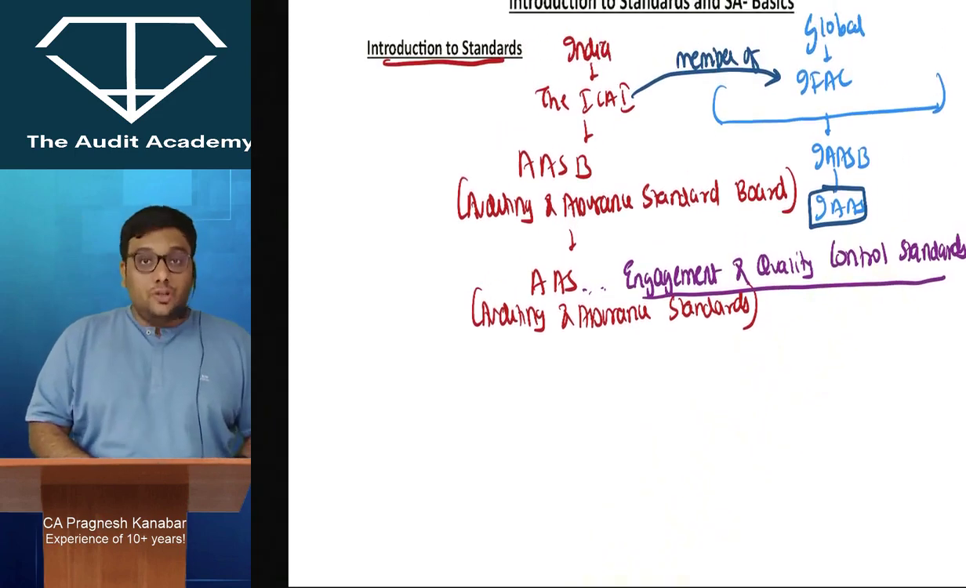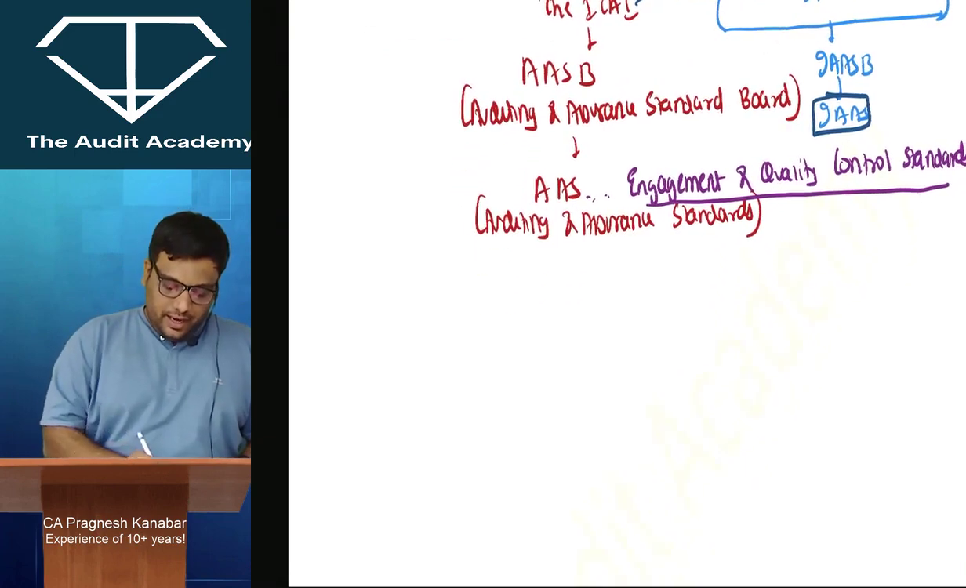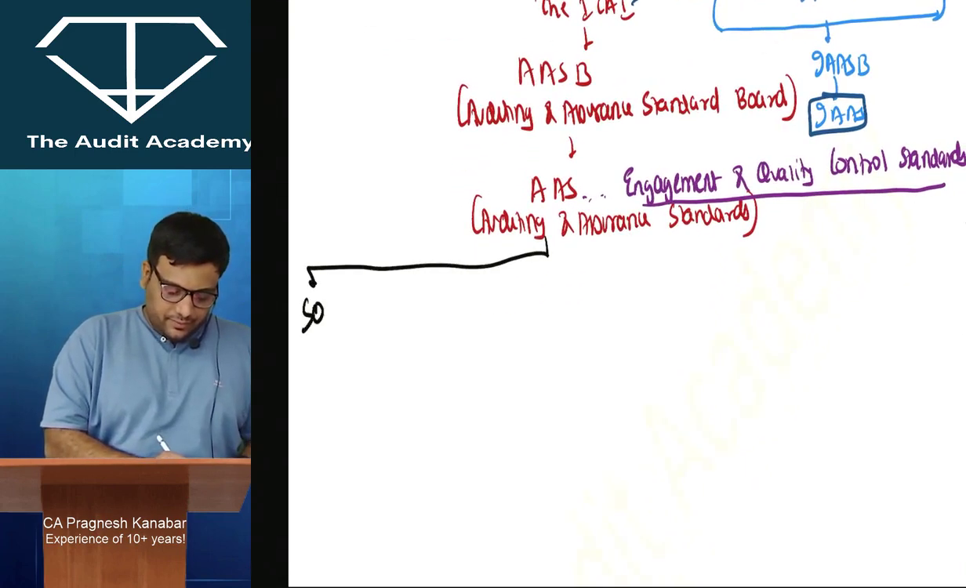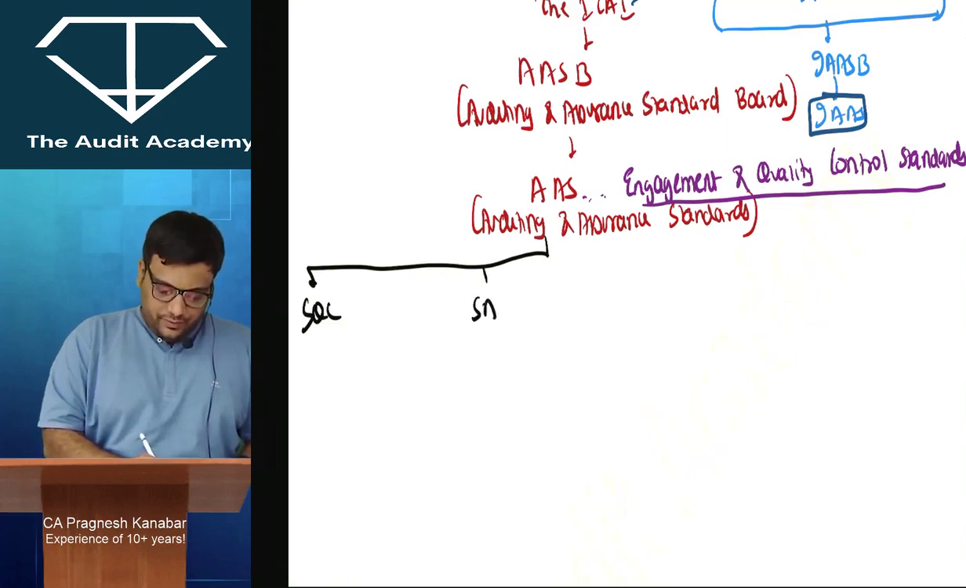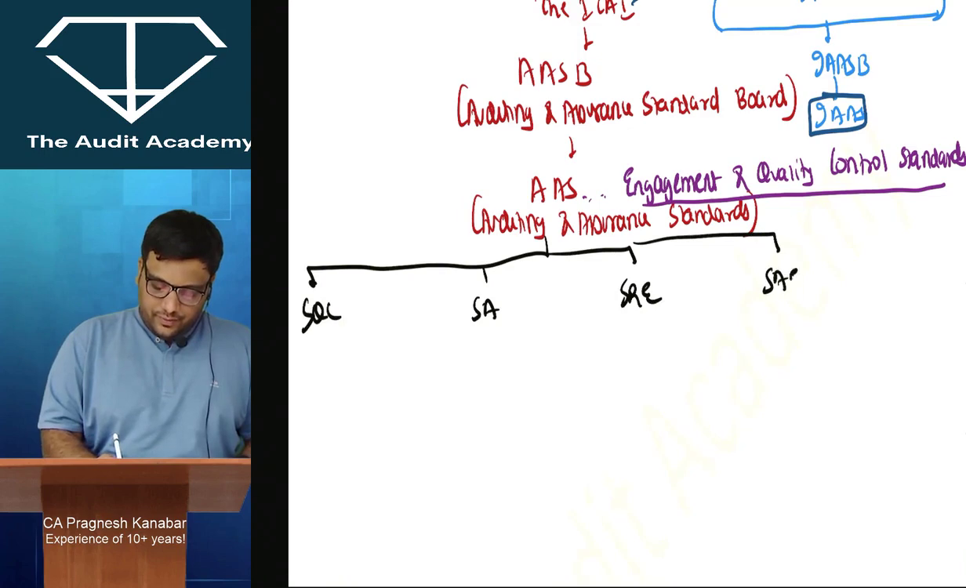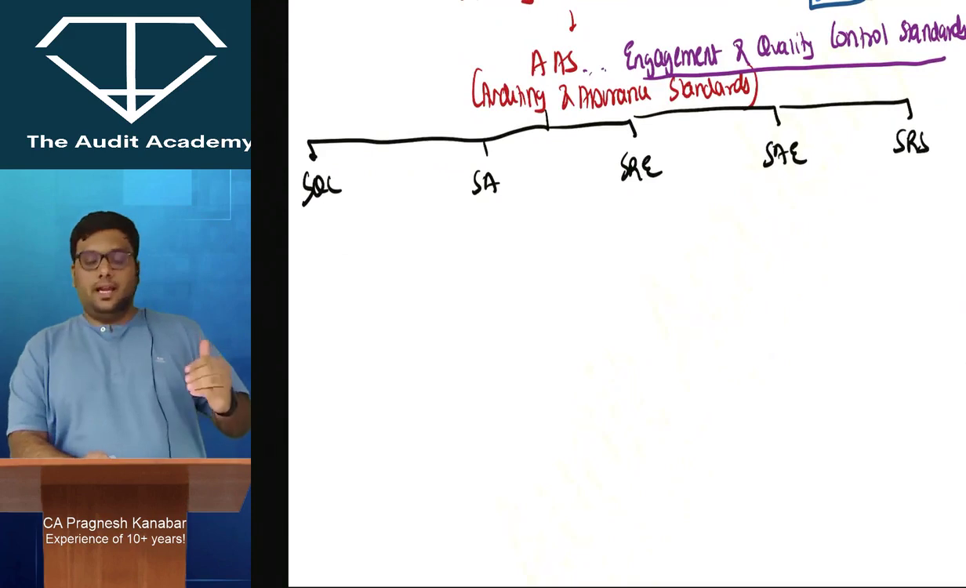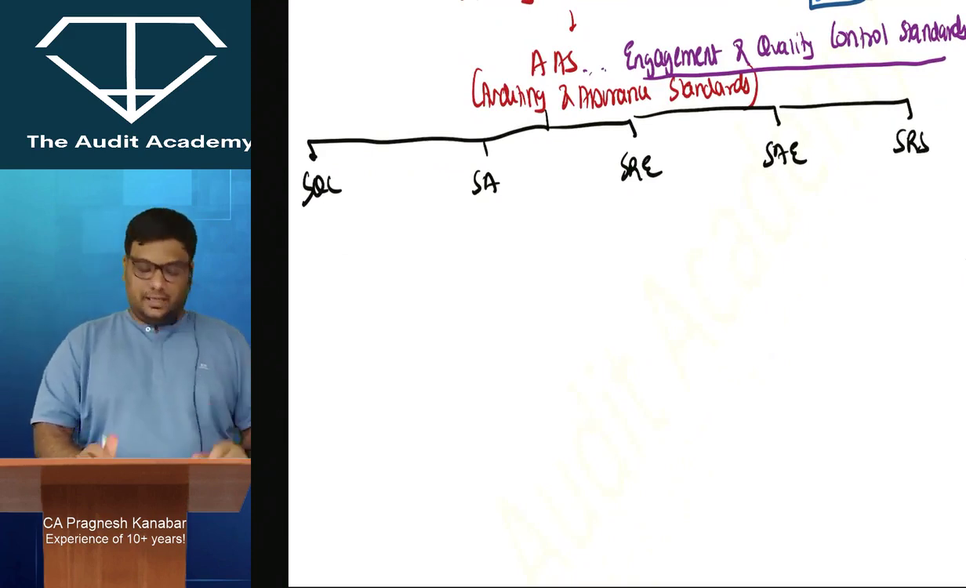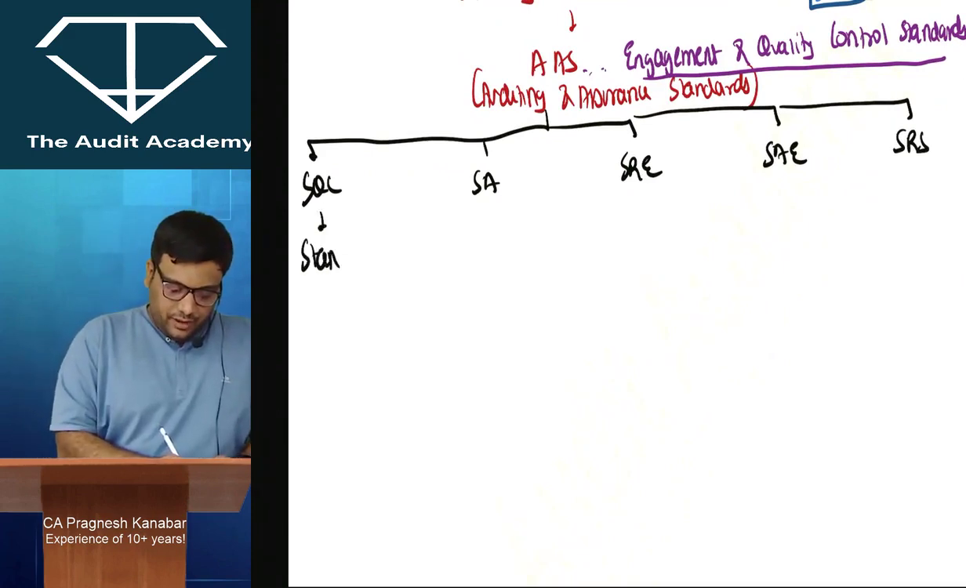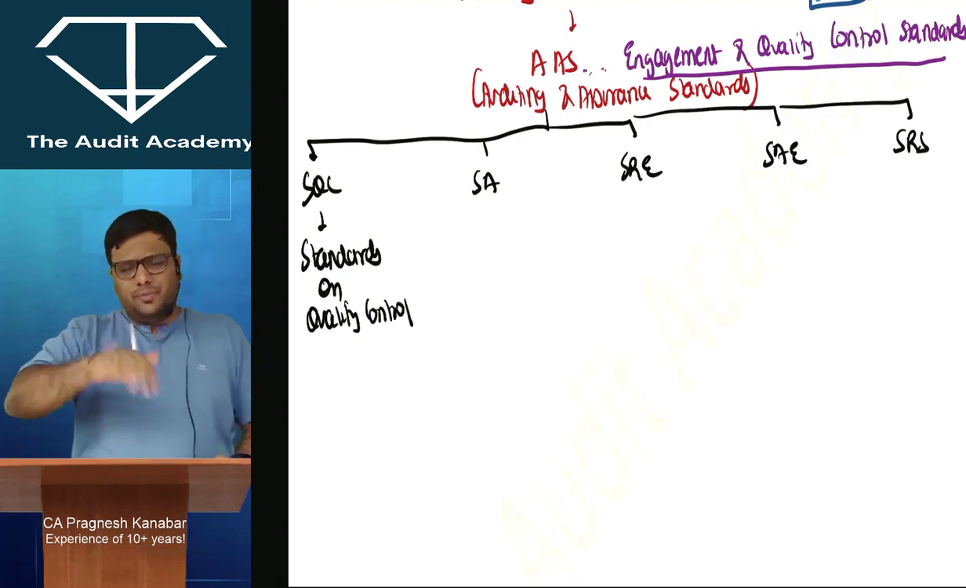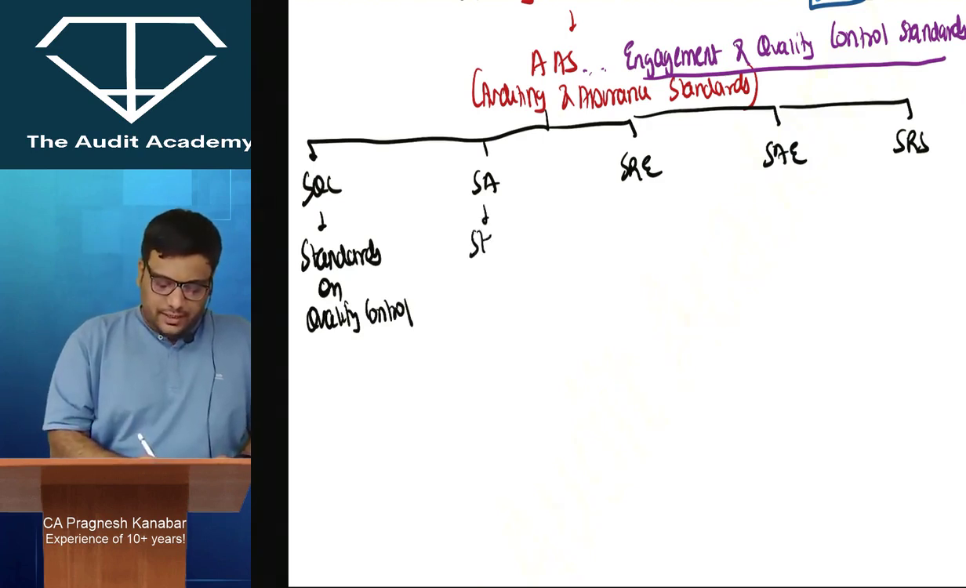These auditing and assurance standards are divided into 5 categories: SQC, SA, SRE, SAE, and SRS. SQC, SA, SRE, SAE and SRS. Let me write the full form for each of the category. SQC, standards on quality control, just full form, then I will explain you. SA, standards on auditing,